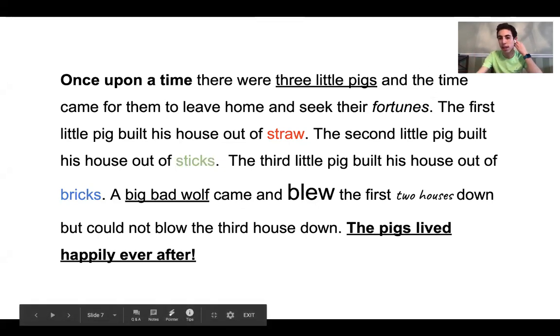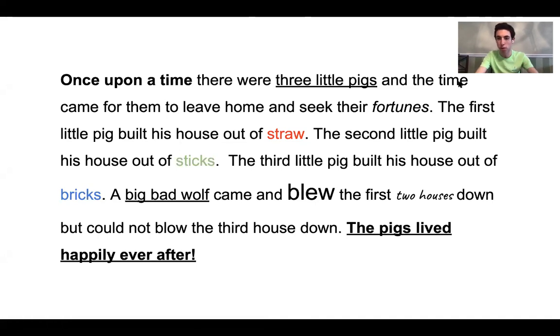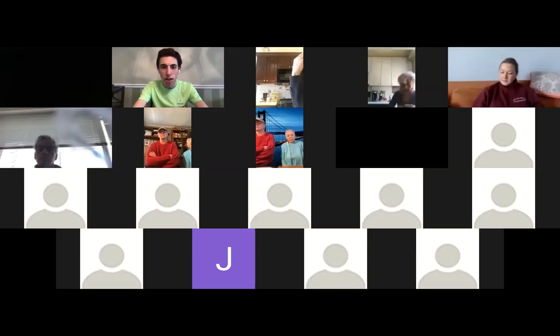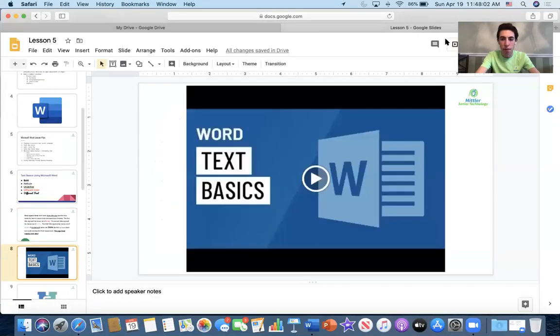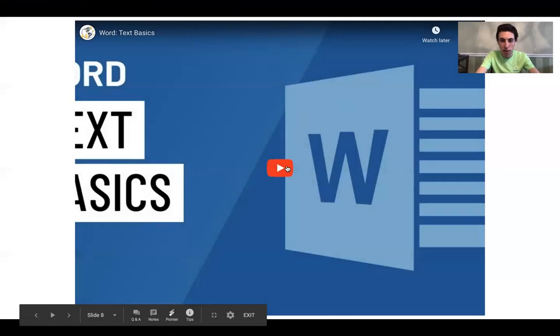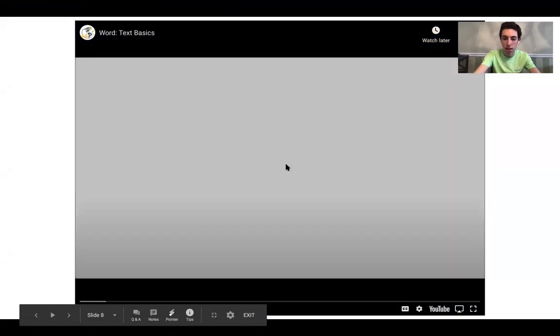I usually, if we were in the classroom, would have everyone type up this passage on their computers using Microsoft Word and stay consistent with all the different text basics. Obviously, I'm not really with you right now, so I don't think that will work. But the last thing that we are going to do regarding this text basics is I'm going to show everyone a quick video, which is going to emphasize everything I've said so far and give you a few more examples of how to use text basics. So hoping you could all see my screen now.